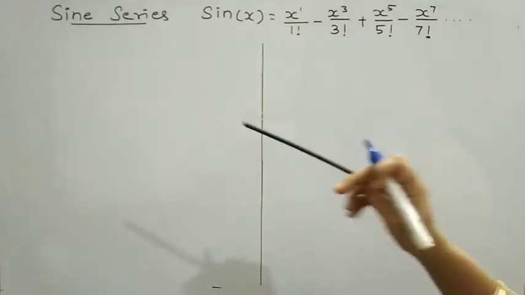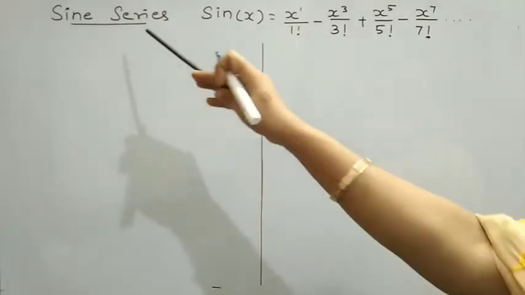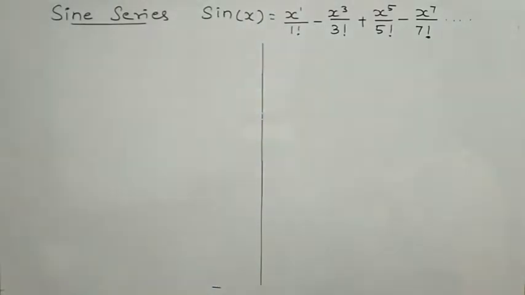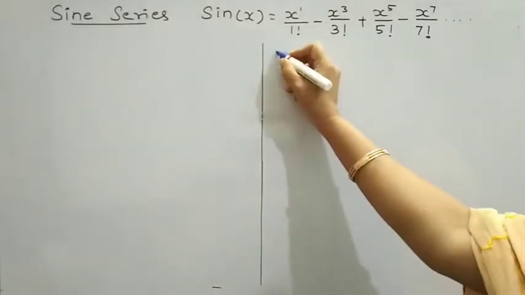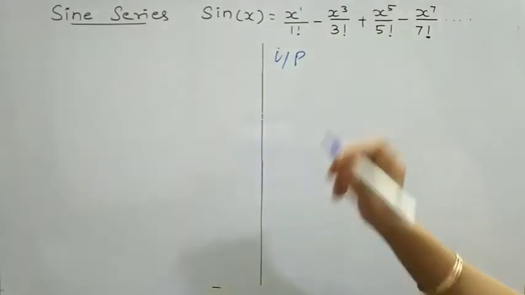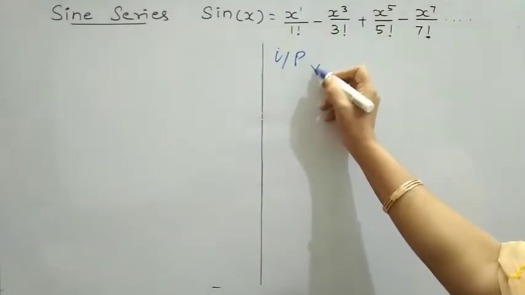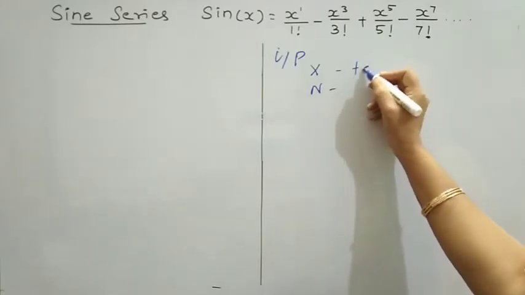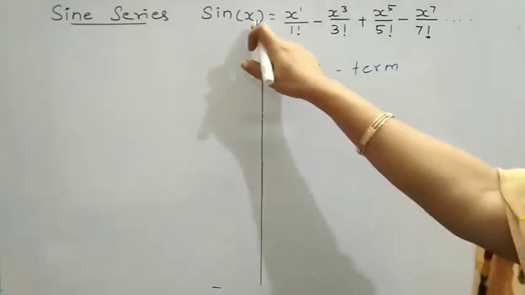In this video, I am going to write a C program to compute the sine series of the given term x. Before we write our program, let me discuss what are all the variables I am going to use and what is the logic behind this program. So we use two input variables, that is x and n.